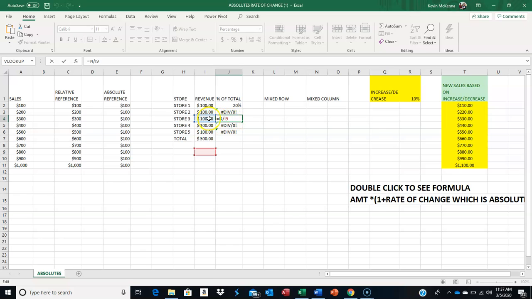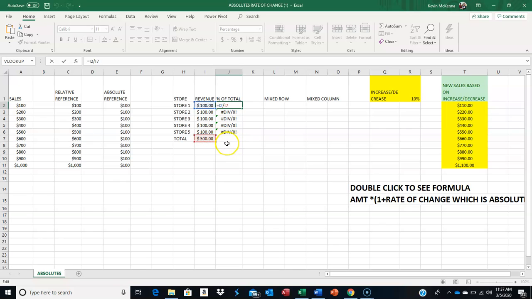I4 is 100 divided by I9. Well, there's nothing in I9. So let's go back to our first formula in cell J2, which is showing I2 divided by I7. That's our total, but our